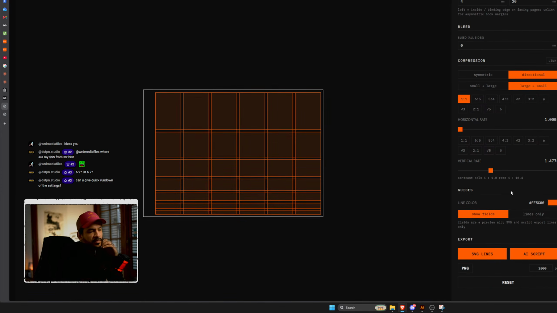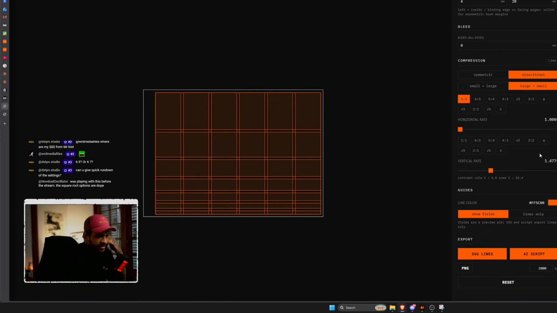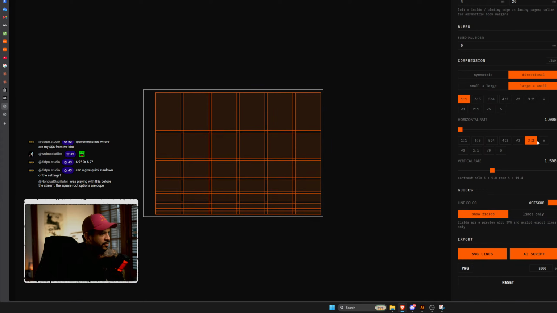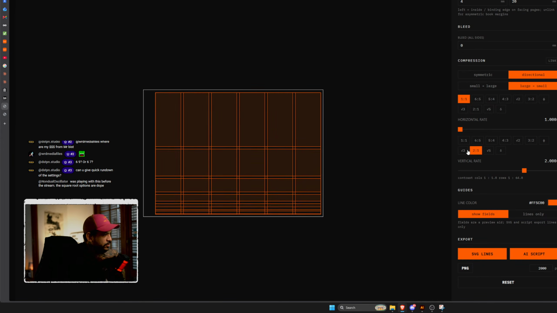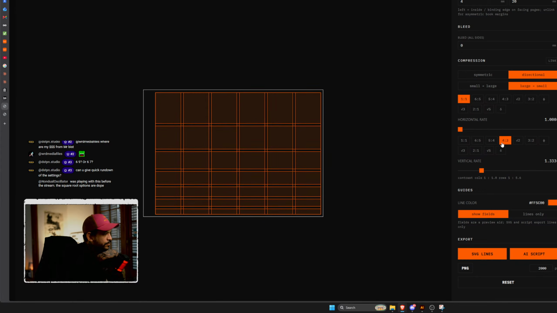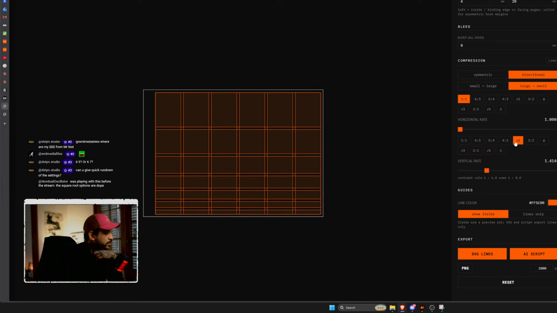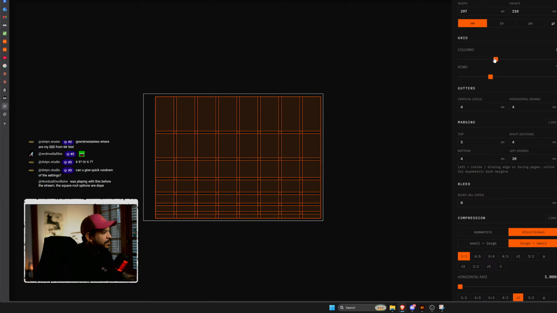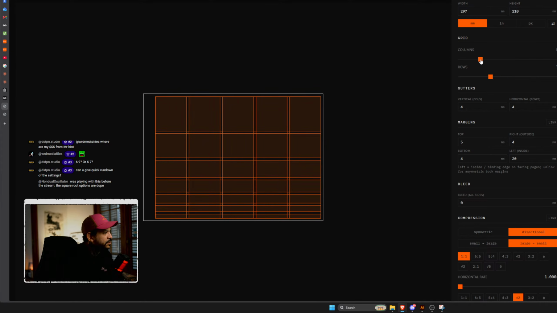Get in there and play with it, bro. Because this isn't what I wanted to show. I'm just doing it to show you the tool that I made with Claude. And here you have different ratios for the compression, right? That are mathematically sound, so it looks cool. So this one I like, right? I might have to come in here and change it later, but let's see if I add more columns.